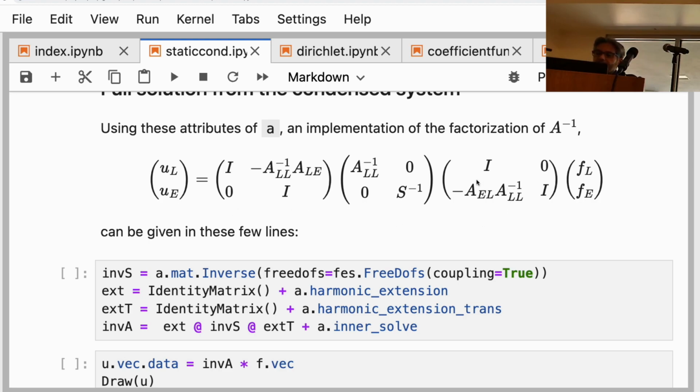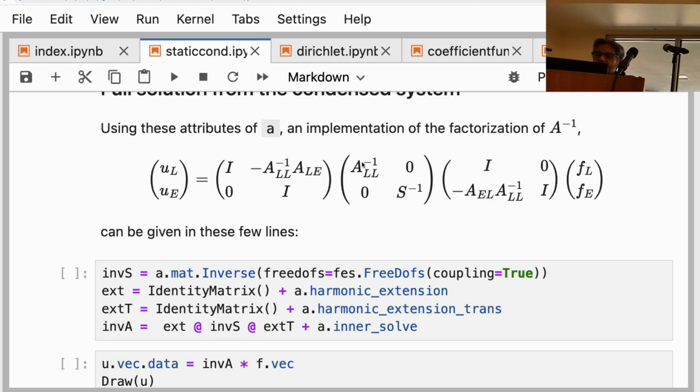This thing is the harmonic extension transpose. Add to that the identity matrix, you get this matrix. And then you have to compose all of these three matrices together, and that's the operation here. It is this matrix composed with inverse of S